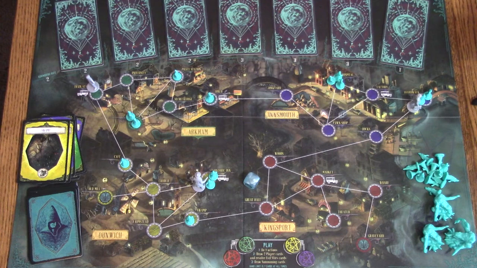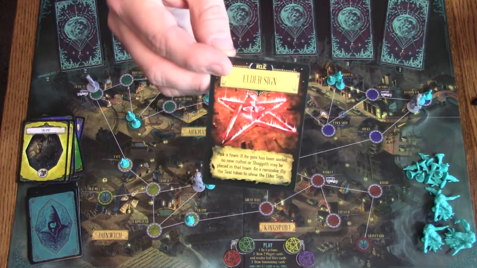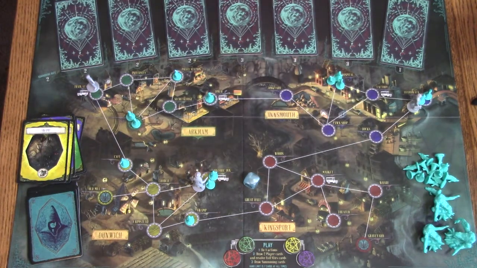Place it back in the pool. Having defeated a Shoggoth, the player then draws a relic card and adds it to their hand. With 1 action remaining, the Doctor moves to the factory. Having exhausted his actions, he draws 2 player cards